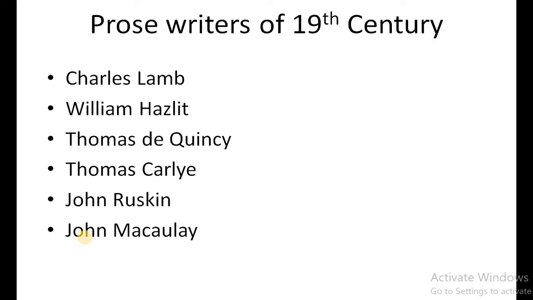Prose writers of the 19th century. If we discuss what prose is, first of all we need to understand what prose is. Prose and poetry are almost contrasting. Prose is a Latin phrase which means straightforward. It is a kind of straightforward writing which can be in the form of an essay, or any composition which is straightforward, which has a thought, which can be written on any moral, philosophical, and social subjects, and they have some moral purpose as well. While on the other hand, poetry is just for the sake of pleasure.